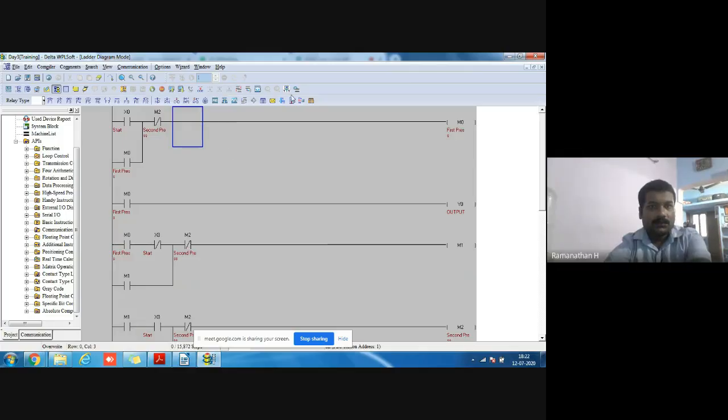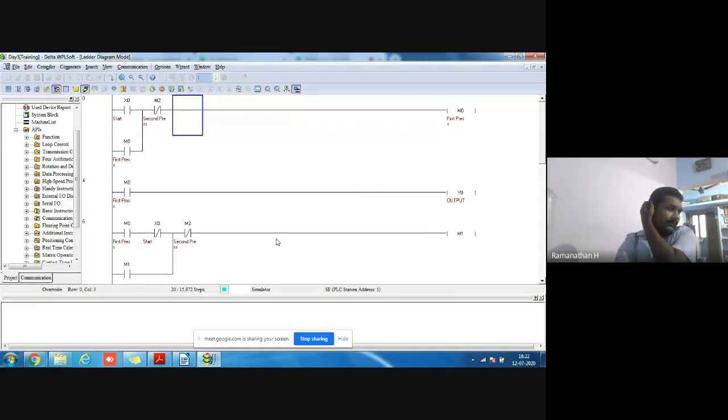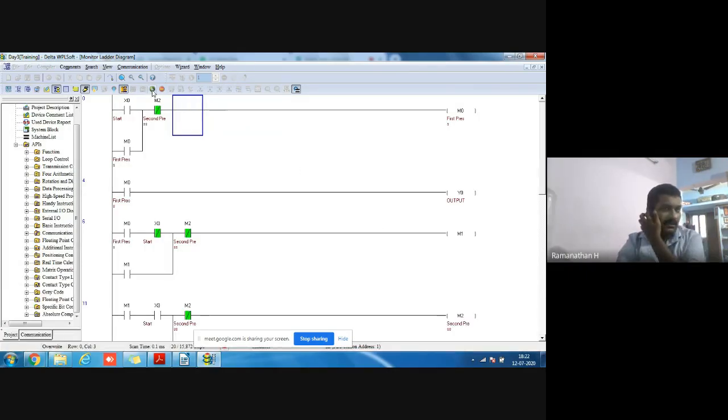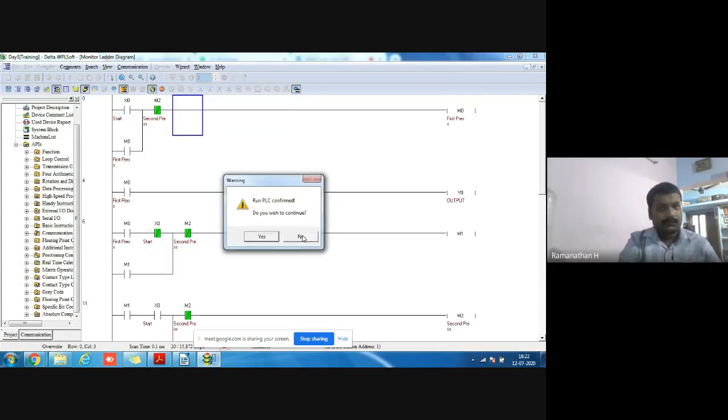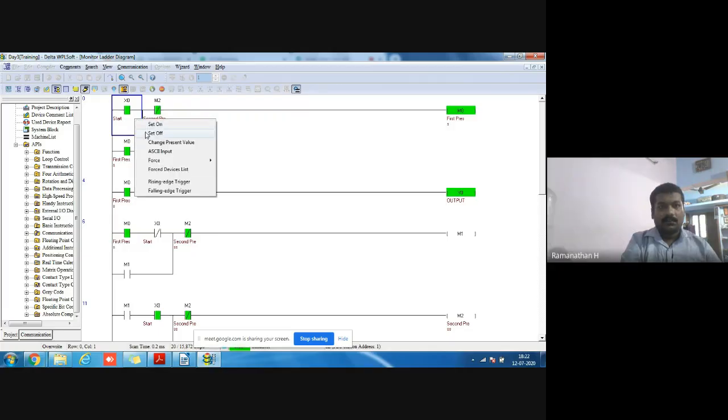Now go to simulator mode. In simulator mode, go to online and compile it. Now our controller is in stop mode. I turn it to run mode. I give the first press on, I release it.